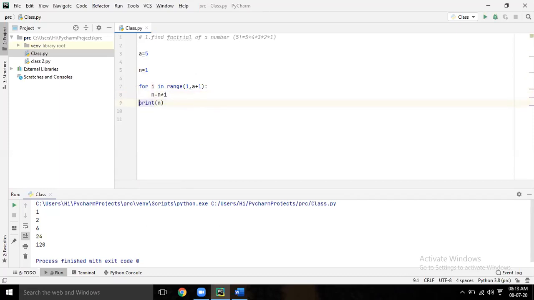Now run it. If you put the print statement here, it will be inside the loop. Now it is outside the loop, so it will give the final one. If you put it inside, it will print every time. So this is using a for loop, and what you did was using a while loop.